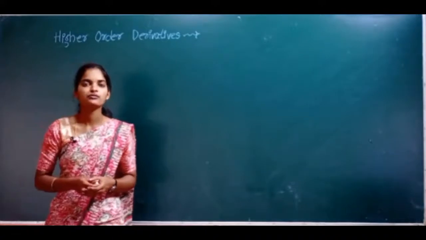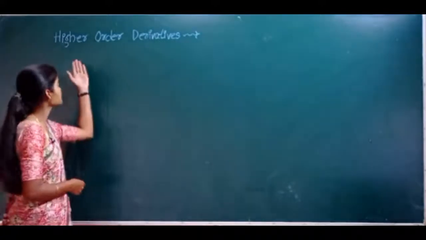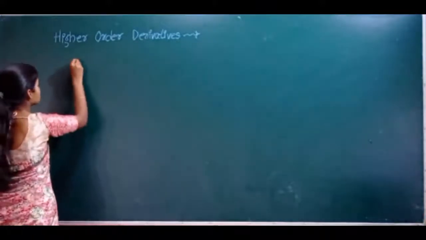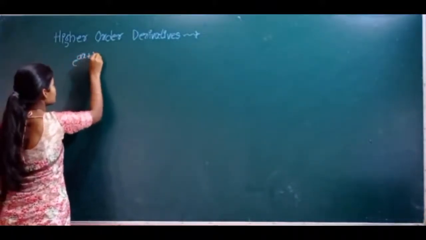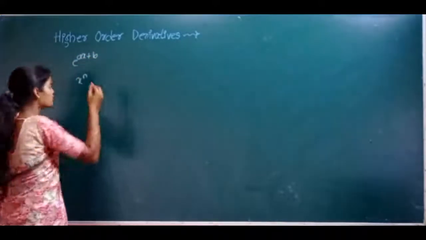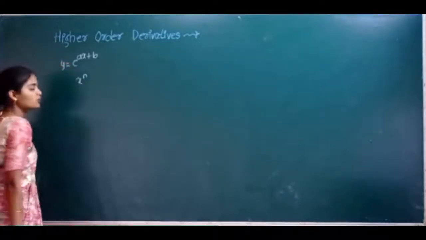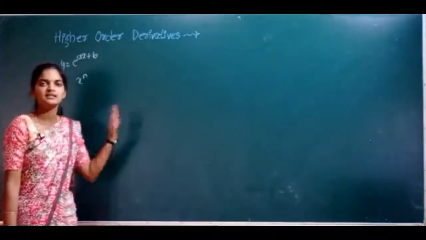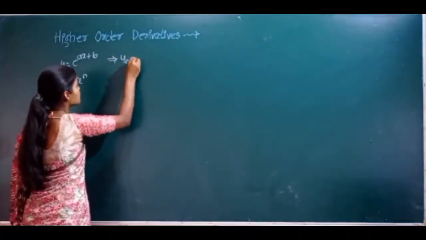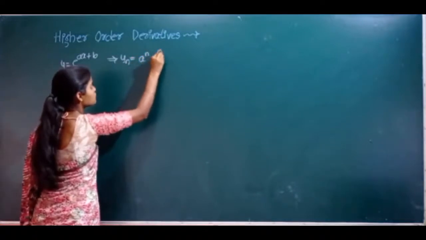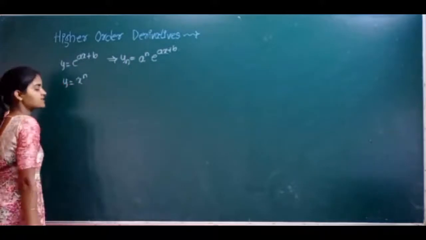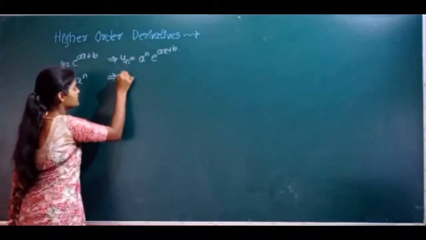So in the previous video we started unit 4, which is higher order derivatives, and there we saw the higher order derivative of e raised to ax plus b as well as the function x raised to n. We proved that if y is equal to e raised to ax plus b, its nth derivative yn is equal to a raised to n e raised to ax plus b, and similarly whenever y is equal to x raised to n, we proved yn is equal to